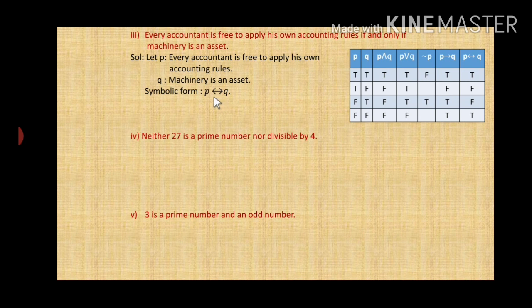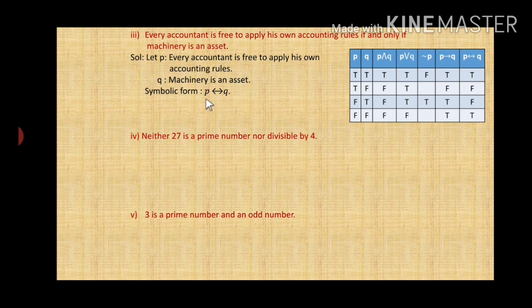Understood? Now next, there are 3 steps in this type of question. First we have to write the given statement in the symbolic form. Then check the truth values of each statement, and then consider the connective and truth values of each statement to give the truth value of the compound statement. Correct? So now we have finished with the first step.